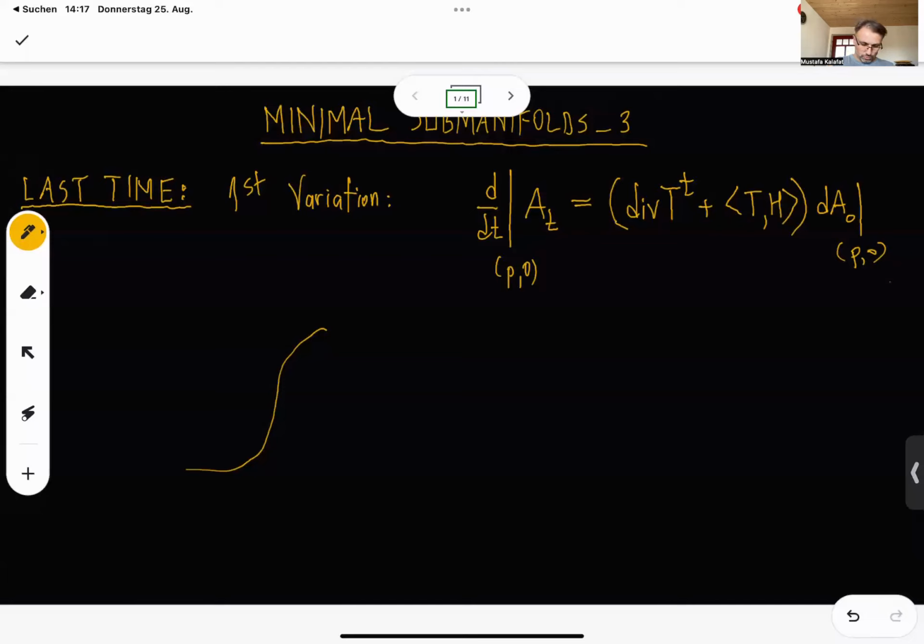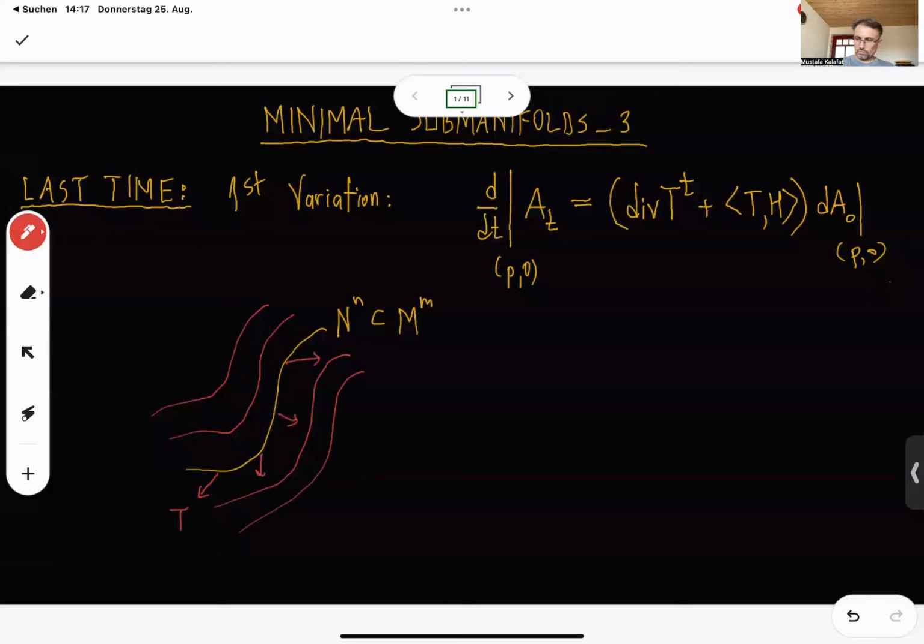If you want to make a sketch, we had N inside M, a manifold inside an M manifold, and you vary, and you have this variational vector field, which at the beginning doesn't need to be perpendicular, and that's defined through phi star. We define the coordinates, and we obtained it. And also we defined the minimal submanifold to be